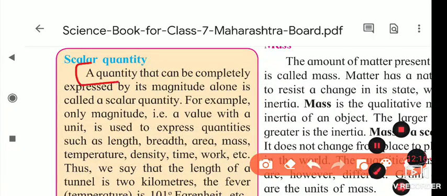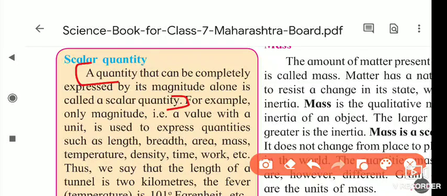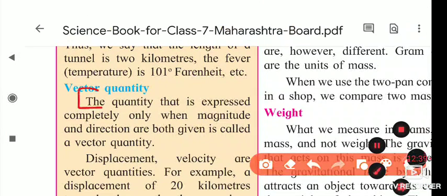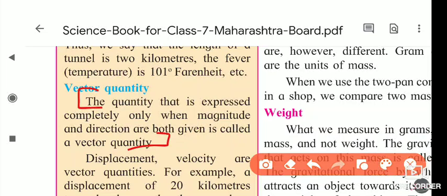A quantity that can be completely expressed by its magnitude only is called a scalar quantity. It is very important if you go to the further classes, 11th and 12th also. This is the base. If you understand how to identify scalar quantities and vector quantities, then your physics will be good. Next, this is the definition of scalar quantity, and here is the definition of vector quantity. So what is a vector quantity? A vector quantity is expressed completely when the magnitude and direction both are taken into account. Those quantities are called vector quantities. So this is the definition. You have to learn this also, and write it also and send it to me.